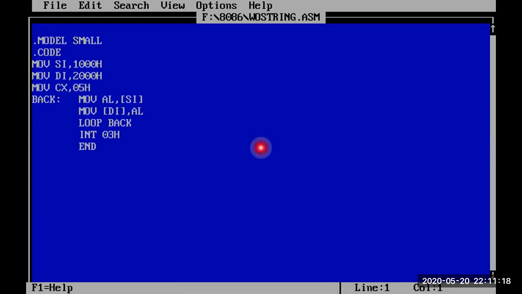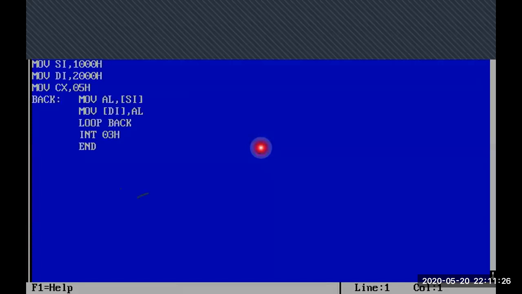Should get that value. Something is there. We'll see this one. We'll go for the next program.